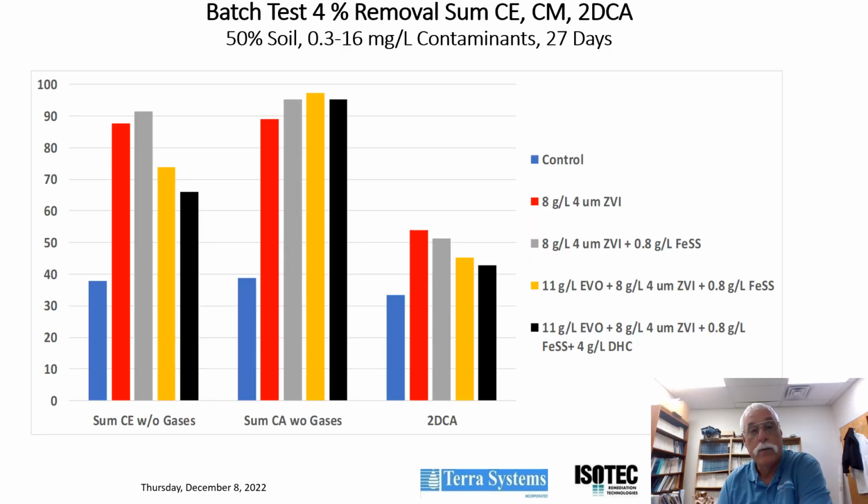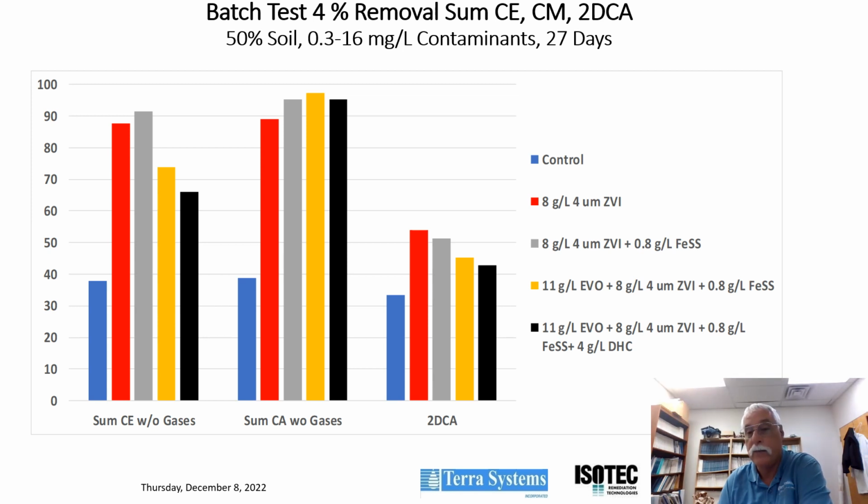Batch test 4 used 50% soil. Again, it evaluated chlorinated ethanes and 1,2-dichloroethane at concentrations between 0.3 and 60 milligrams per liter over 127 days. The treatments included a control, 8 grams per liter of a 4 micron ZVI,